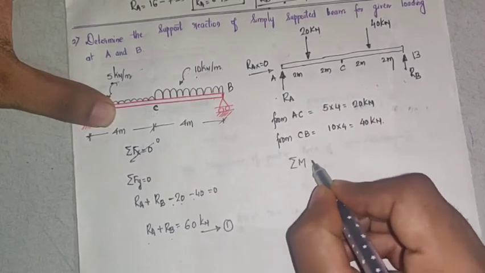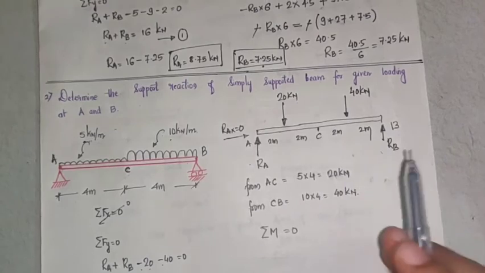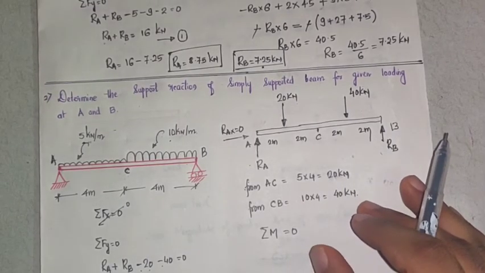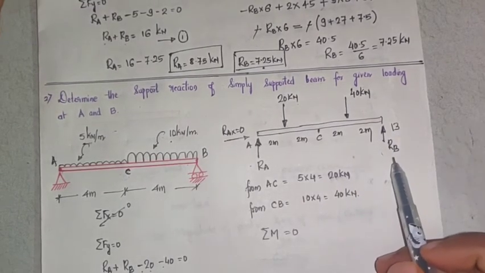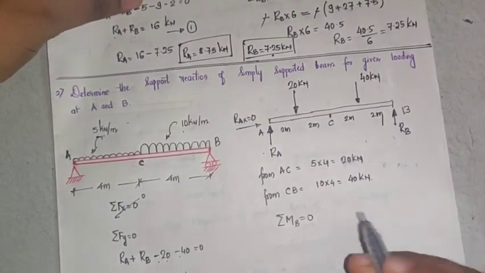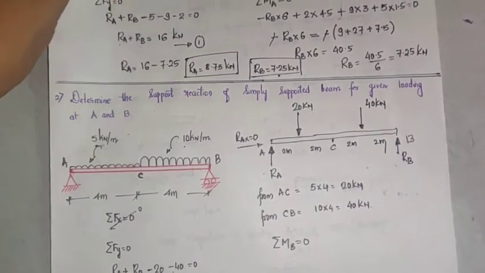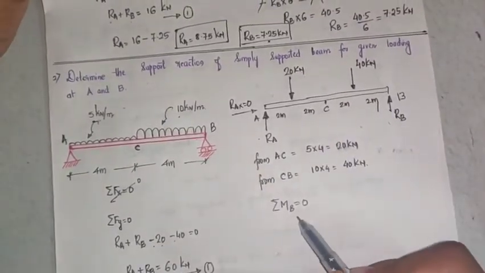So this is the third condition of equilibrium, which is sum of moment about a point is equal to 0. Now in the last problem, I took moment about A. So when I took moment about A, Ra became 0. In this problem, I'll take moment about B equal to 0. There is no hard and fast rule that you have to take moment only about point A or only about point B. Unless it is specified, you have full liberty to take moment about either point A or point B. It is completely left to your choice. So in this case, I'll take moment about B.